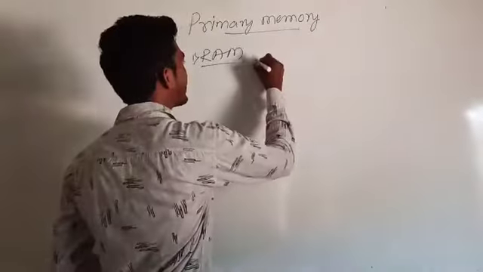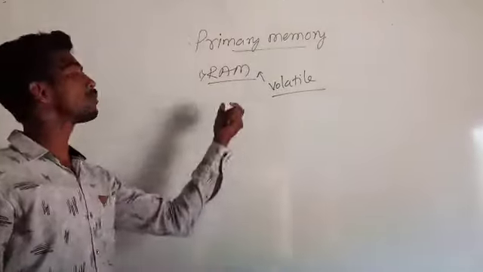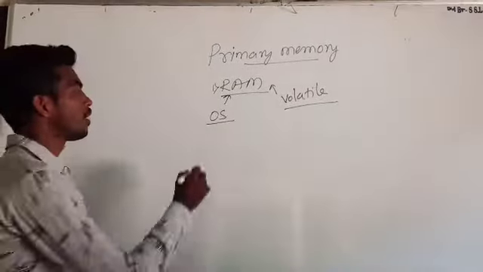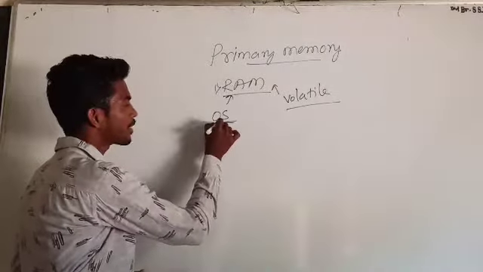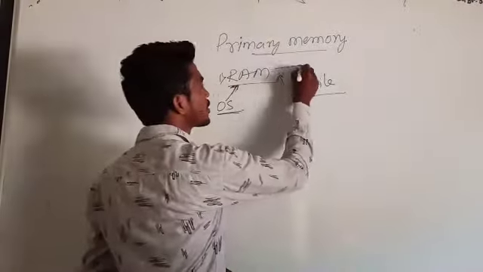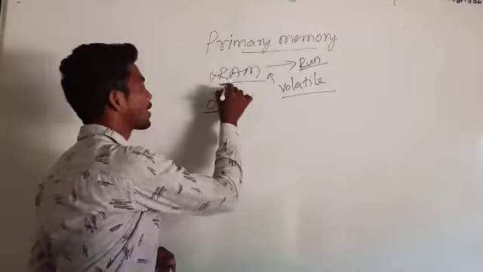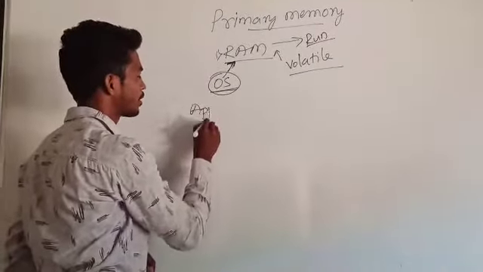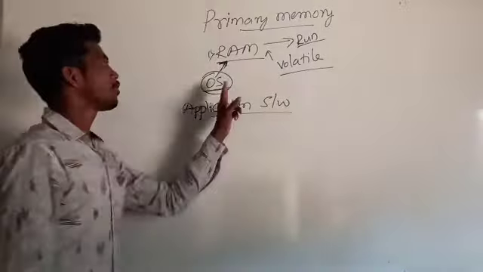Yes, we know that RAM is a volatile memory, and the main thing about RAM in a system is that it contains the operating system. Whenever the computer switches on, the operating system is loaded into the RAM, and that causes your computer to run. The running of your computer is caused by the RAM, which loads the operating system as well as the application software in your computer system.